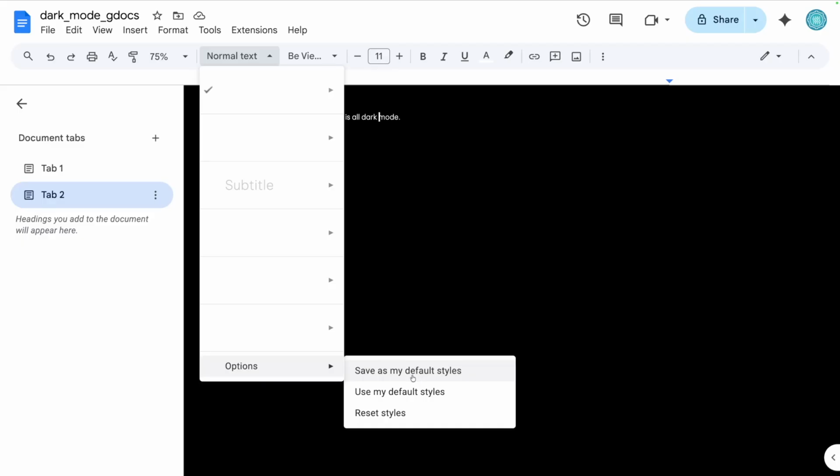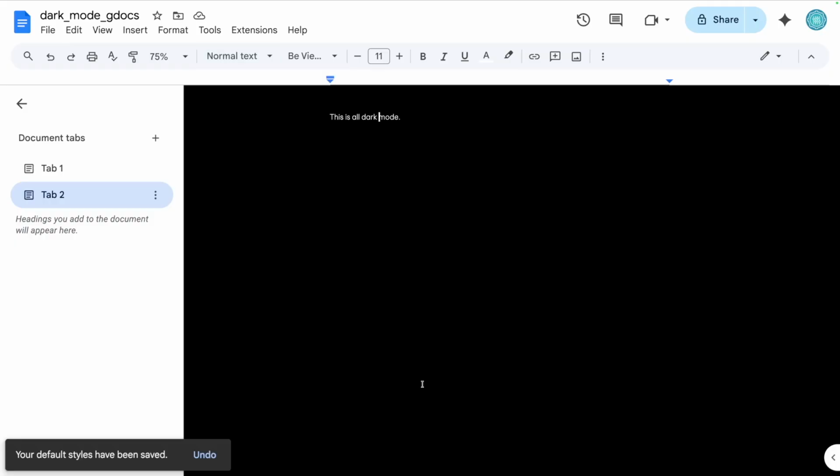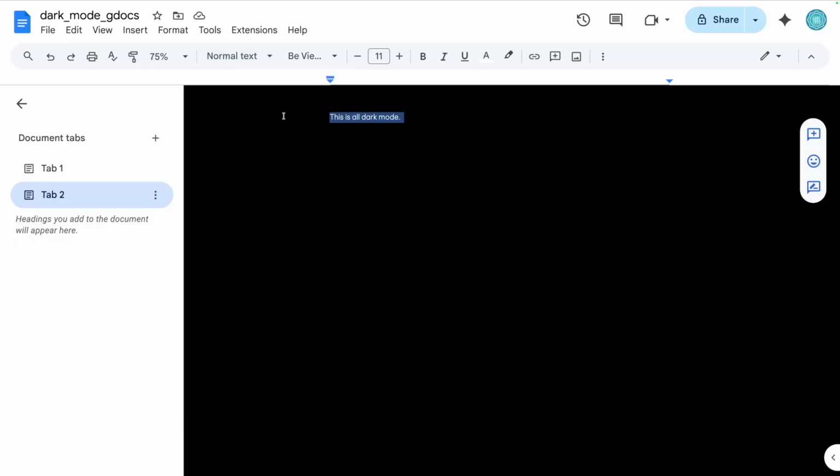Now, if you do that, it means going forward, every time you push new file, every time you push a new tab and things like that, it will go to this dark mode. So you may or may not want that. So now those styles are there. The other thing you'll have to do